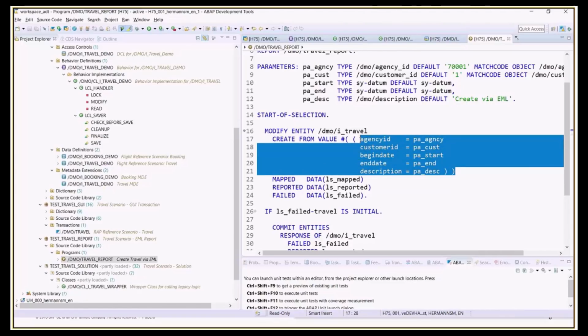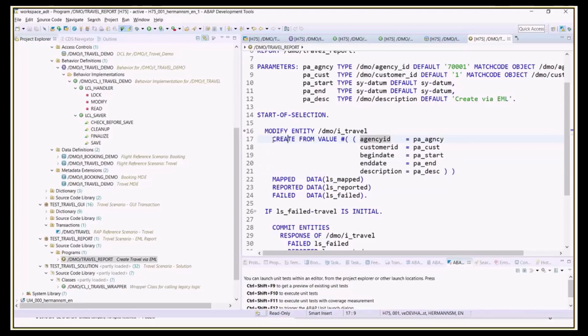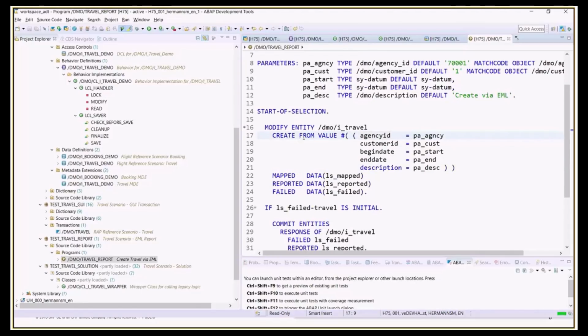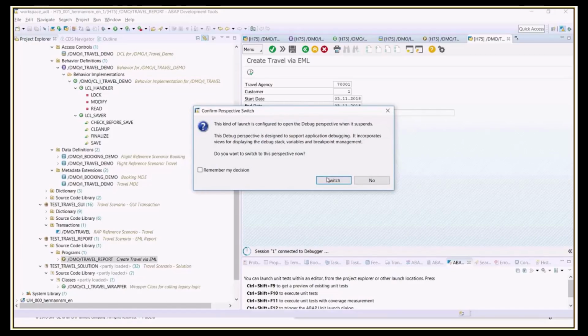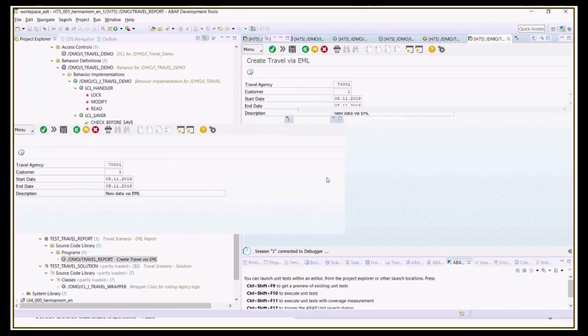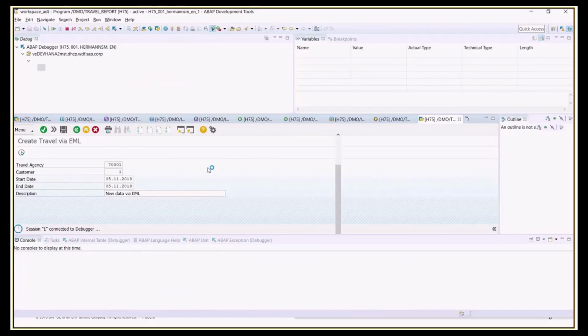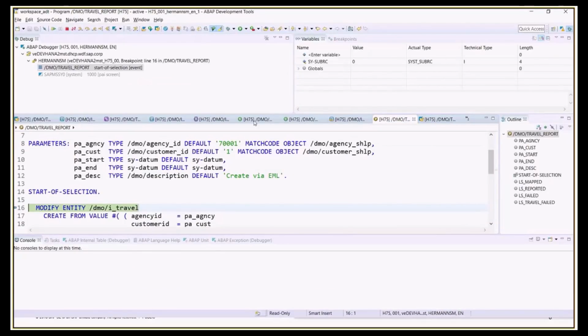So we left the provider implementation of the business object. Now we are consuming the business object. Here I can define a breakpoint, and if I press now F8, we can now create new data via EML, the entity manipulation language. And now we can see in the debugger, if we jump over the statement,